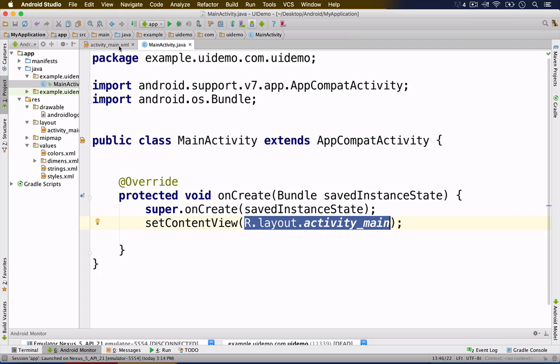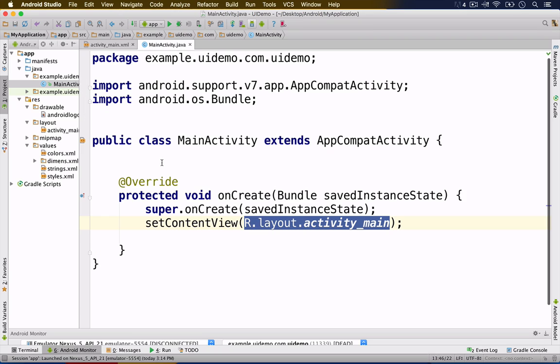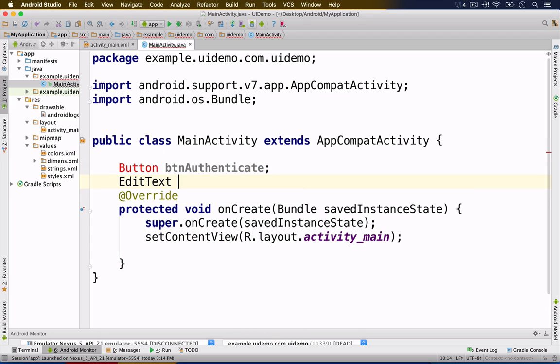There are a couple of views in the layout, the edit text, the button. So let me declare Java variables. I'm declaring a button variable, btnAuthenticate, followed by edit text, edtUsername, comma edtPassword,